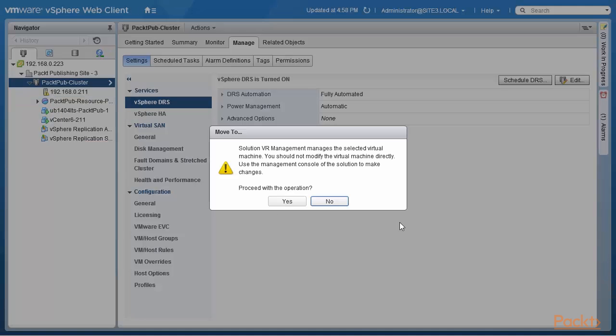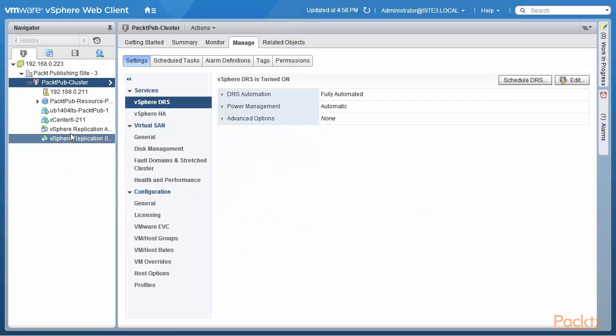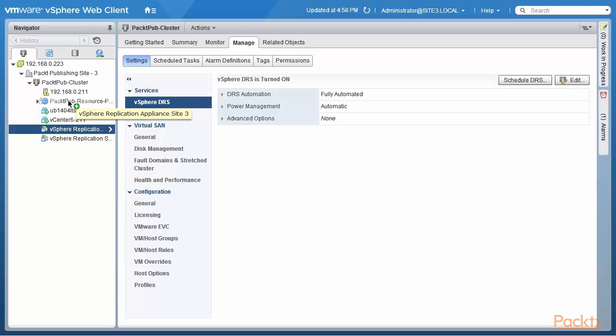Now interestingly enough, this is a solution, right? So you should not modify the virtual machine directly. Use the management console, the solution, to make changes. I think we all understand that. For replication, we use its management console. We don't go in and change virtual machine settings for appliances. So that's just a reminder not to treat it as a normal virtual machine, but treat it as an